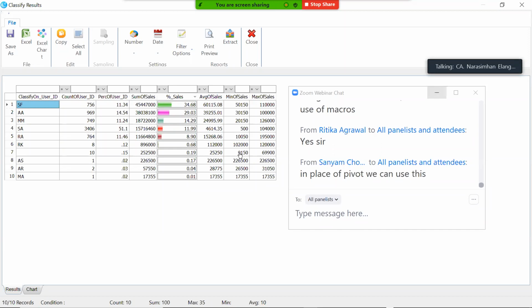Now, can we apply classify if you have a GSTR2A? Assuming you have a GSTR2A of your client, which you have downloaded from the GST website. Now, where can you apply classify? On what field will you apply classify? Here you apply classify based on user ID. In that case, where will you apply classify? Think. Please let me know where all we can apply classify.